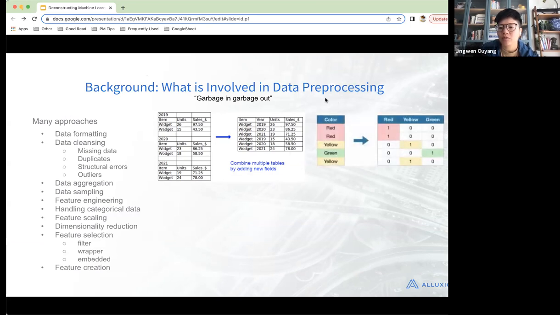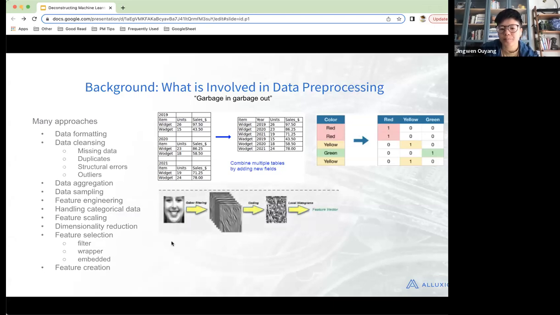And then sometimes the data comes in categories, so we need to transform the categorical data into numerical. Another example is images. For example, this image is someone's face, and we need to decompose that into some features that the algorithms can take. So this eventually becomes a vector of numbers that people can use.